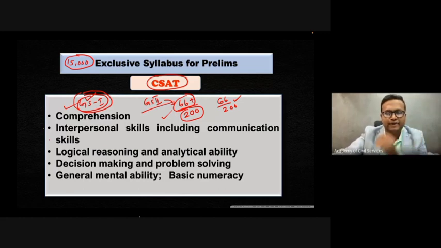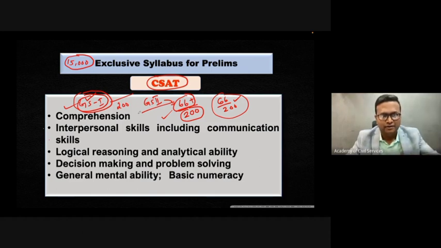To qualify the UPSC Civil Services prelims exam, it is 66 out of 200 in CSAT. GS1 is also out of 200. How much will be required? Any guess you can tell? Out of 200 in this competitive paper, how much will be required to qualify next year if you want to clear the prelims? Anyone? Or if you know exactly, you can tell that also.